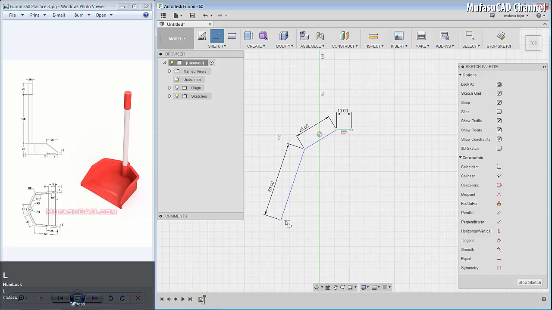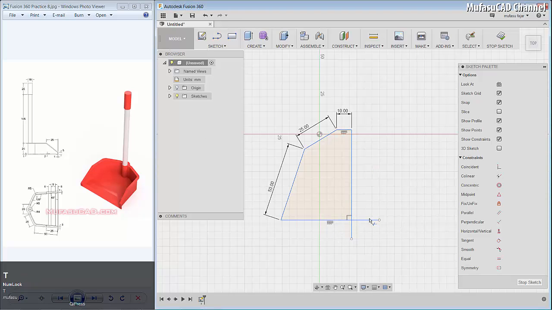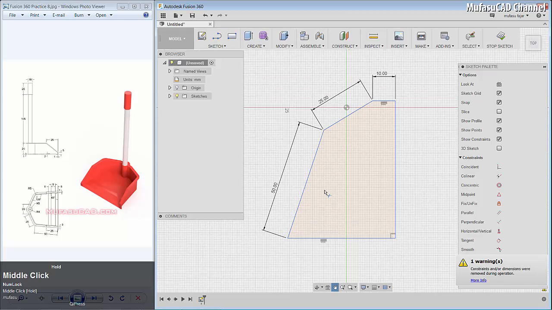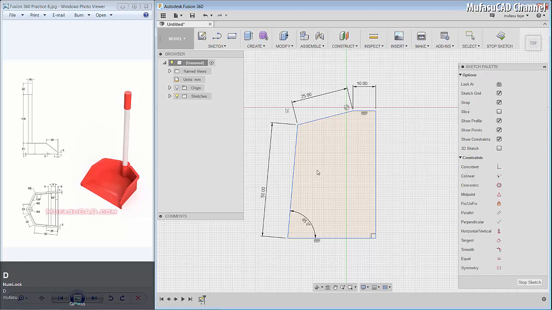We create a line from this point to the right here, and from this point to the bottom here. Use the trim command to cut this line object, and I will give an angle from this line to this line in here, about 85. We give a dimension again.